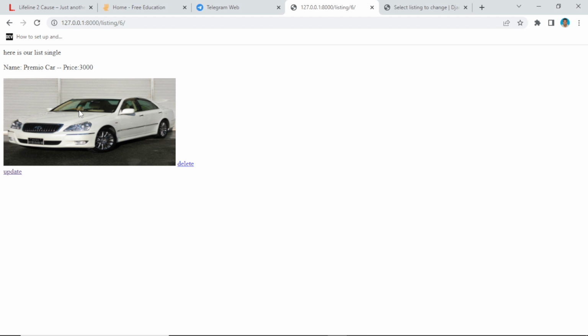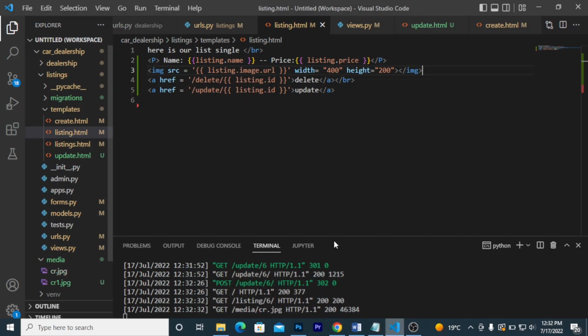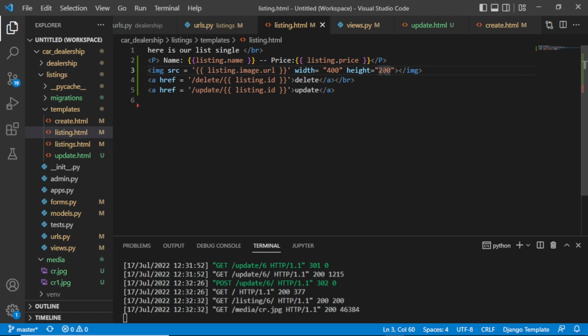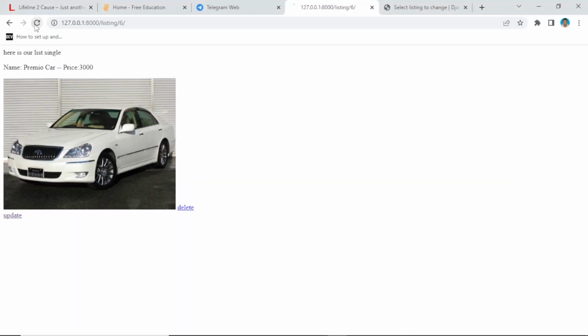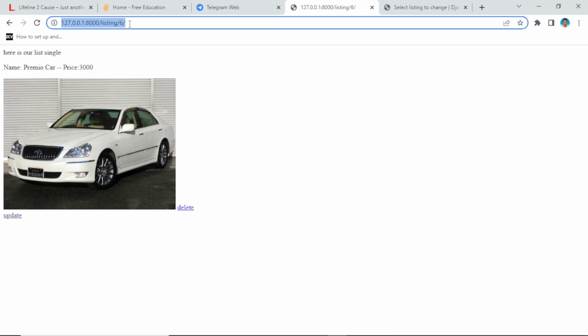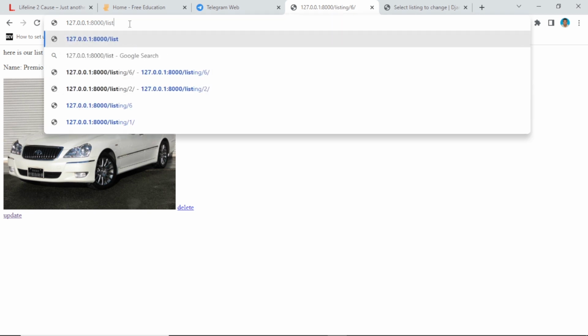Of course, you can find a good way to put your images. Let's say maybe we should modify a little bit the height, maybe 300. Let's save this. Okay, if we refresh it here, a little bit good. Now as you can see, we have the delete. We can decide to delete it, we can update it. We are able to update, and then if we go to our listing, our home listing here,